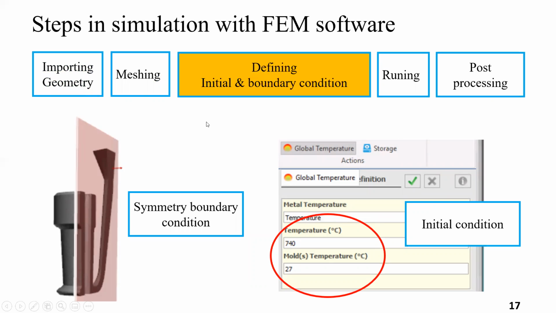So the third step is defining initial and boundary conditions, because in any partial differential equation that we want to solve, we have to define the boundary condition and initial condition. And FEM software are based on those equations. So we have to define initial and boundary conditions in our model. For example, here the symmetry boundary condition is applied for this casting. And also, for example, in one part, we show that the initial temperature of the casting was, for example, 740